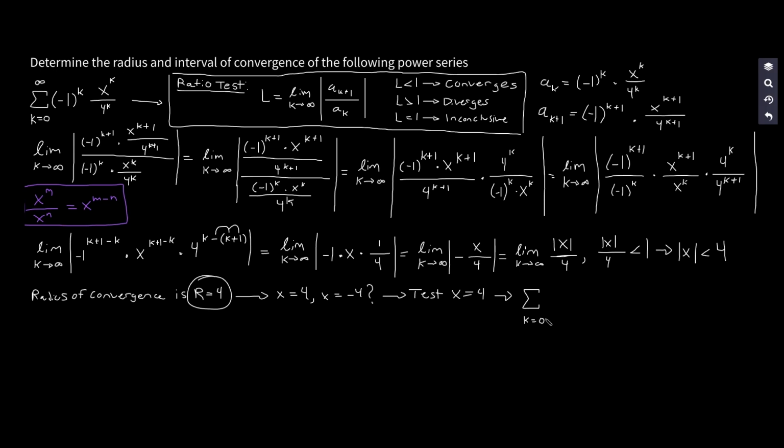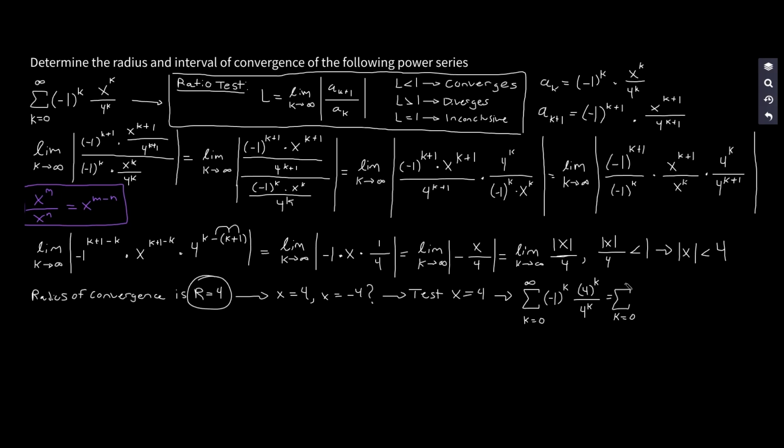The summation from k equals 0 to infinity of negative 1 raised to the power of k times, not x raised to the power of k, but 4 raised to the power of k. Let me make it in parentheses, 4 raised to the power of k over what? 4 raised to the power of k. And that's just going to be a form of 1, right? Interesting. So then that means that this is going to be